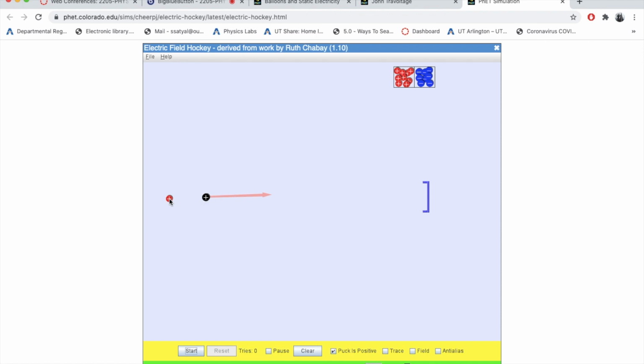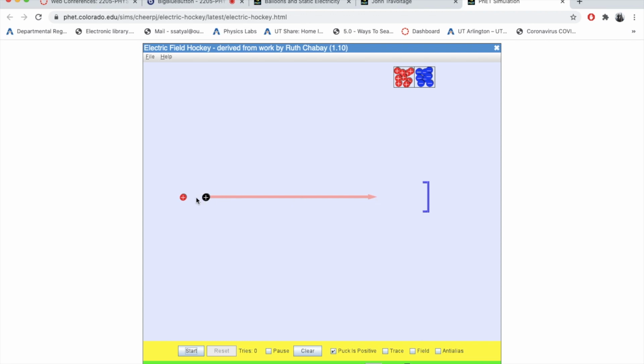Here, I haven't given the charge its value. Let's say it's just a neutral symbol, and if I want to add a positive charge to it, I'll have to start it. So that means right now these are like neutral balls, and this gives me the direction of the force. So force is a vector quantity. It has magnitude and direction. Closer the two charges are, bigger the magnitude. The length of the arrow